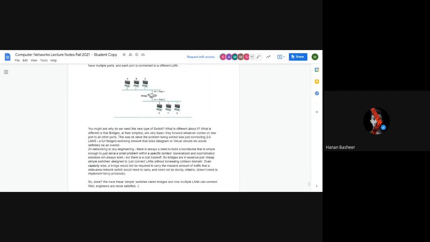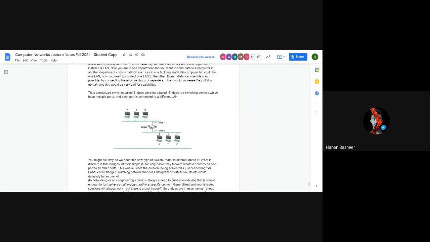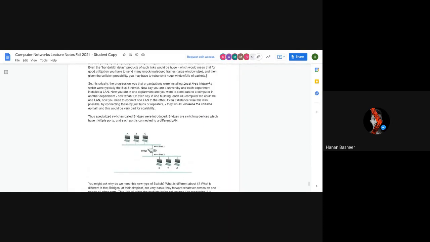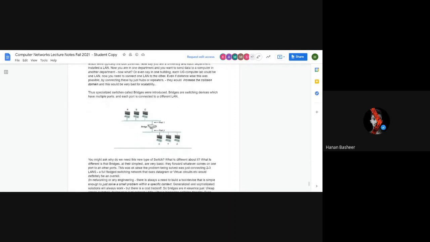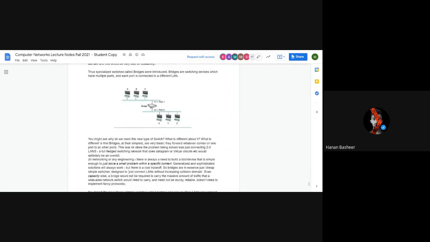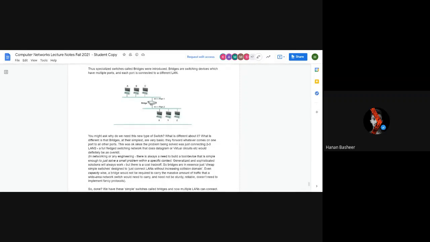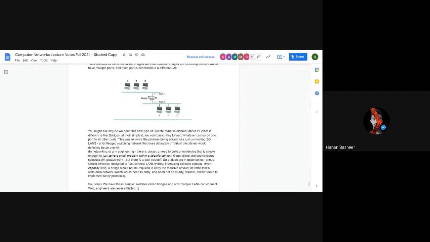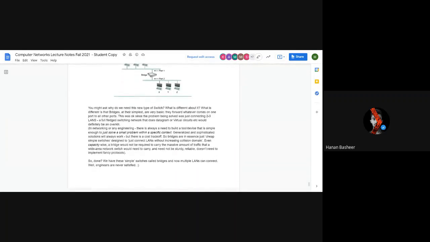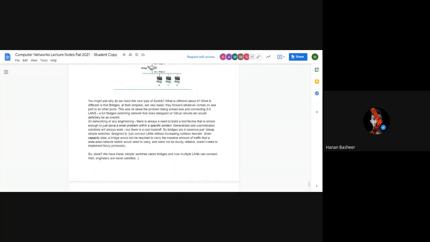So if we want to transmit from one LAN to another LAN, we could have used an actual switch or bus, which would have been expensive because it requires many connections. So for only connecting two LANs, we don't need such an expensive device.